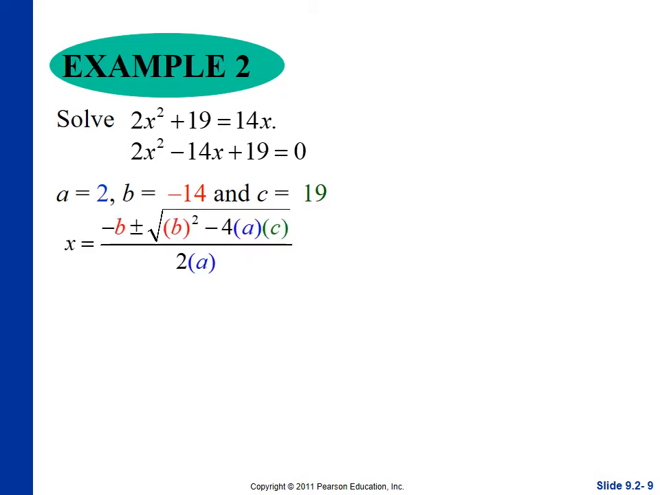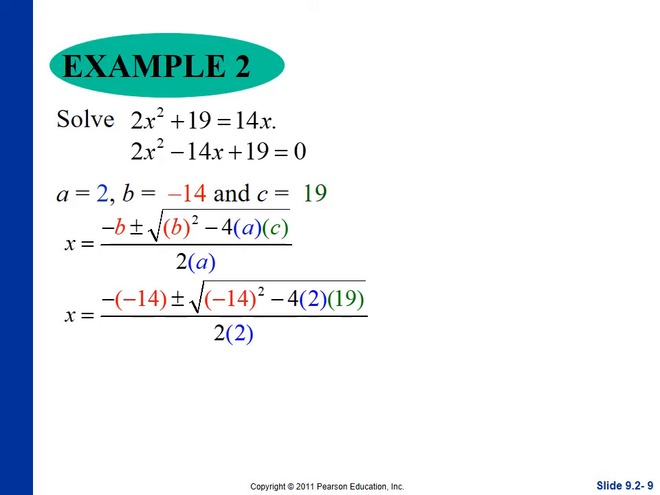So now we plug into our equation. You'll notice here, when it's a negative value, we put it in with the parentheses. I find this to be the easiest way to not make mistakes. Write out the work. Draw it all out exactly as you see right here. So negative 14 plus or minus the square root of negative 14 squared minus 4 times 2 times 19, all over 2 times 2. So we end up with 14 plus or minus the square root of 196 minus 152